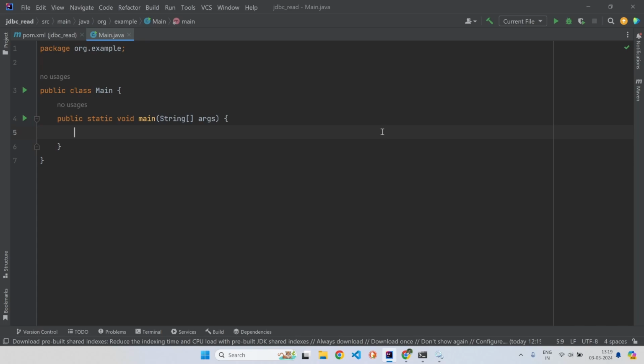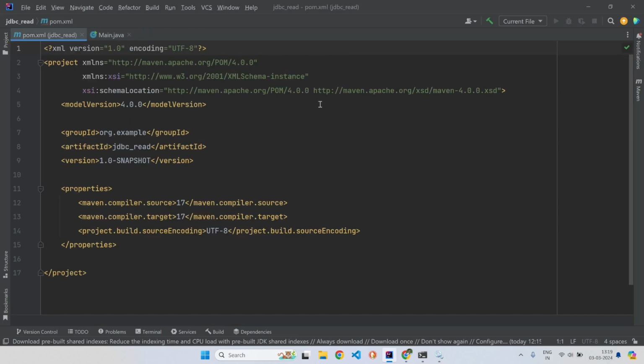This is my project I have created in IntelliJ. The first and foremost thing to do in any database connectivity is to make sure you are loading up the dependencies. This is my main dependency file, and right now I haven't included the dependencies for MySQL. So for that,